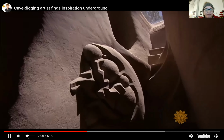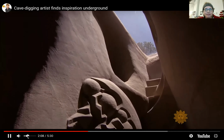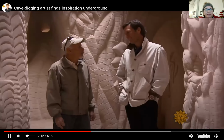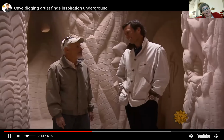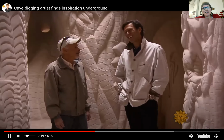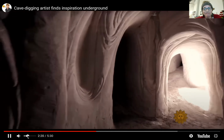He's simply a man who found his passion. Most of the wonder that I feel is in the actual making of the caves. Once they're made, you move on. I move on. Kind of like us with knitting. Sometimes it's just the making of it. He's found that fresh wonder